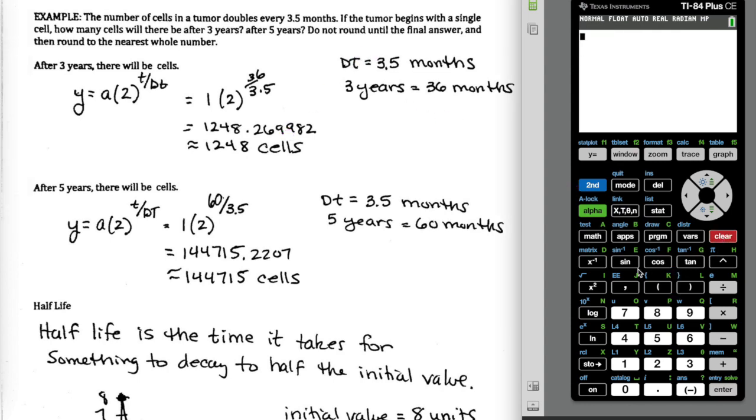So on the calculator, I'm going to take 1 times 2 to the power, and then 36 divided by 3.5 is all in the exponent. So I want to make sure I put parentheses around that. 36 divided by 3.5. That's all in the exponent. So I'm going to drop down and hit enter, and it's going to tell me that my answer is